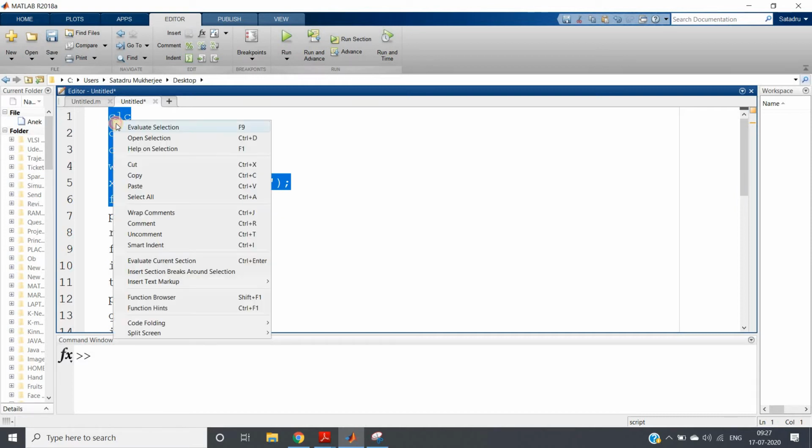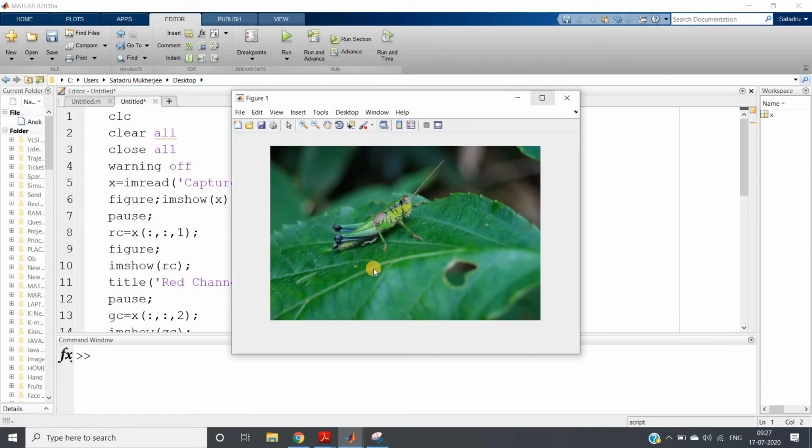Let me show you one particular image which I have taken from the internet. This is an image of a grasshopper, which is mostly green, and it is situated on a green leaf. We can understand that this grasshopper is present here. Our vision system, our brain, is such that we can easily detect the difference. But in the computer vision domain, it is difficult for the computer to get the idea of the location of the grasshopper, because the background is also green.